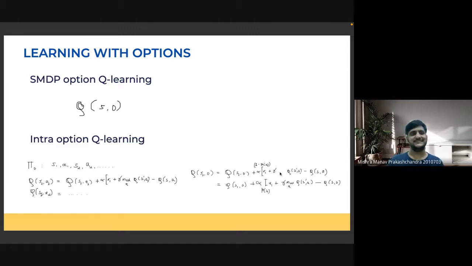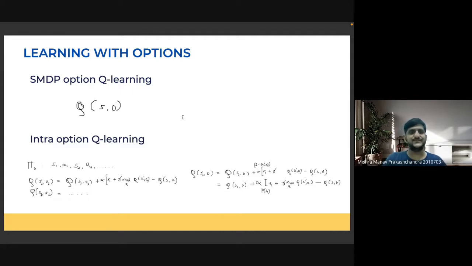It's not like I can select the first action A and then thereafter select the best action. I have a certain set of actions that are fixed and that I'm bound to follow. So the max is missing in this part. But this is true if the next state S2 is not the terminal state. If S2 is terminal, then I can always bring back the max part because it's a terminal state. So this would hold true over here, right? So this is the basic idea behind it.